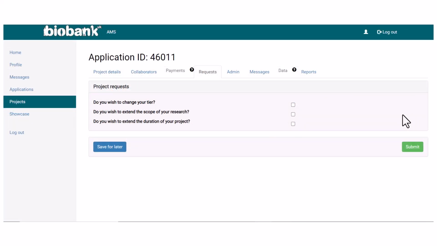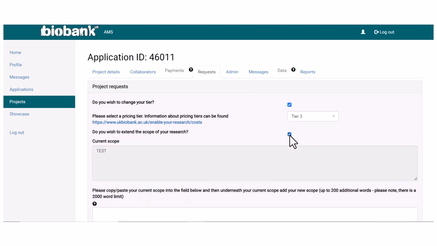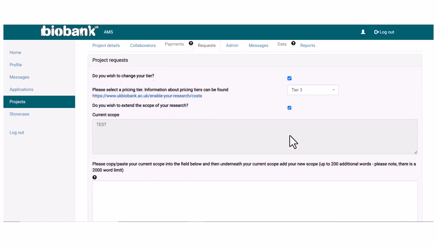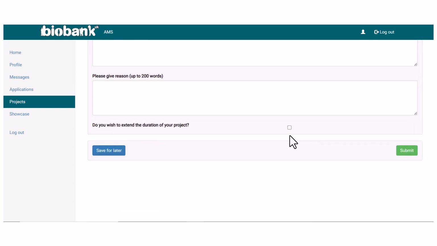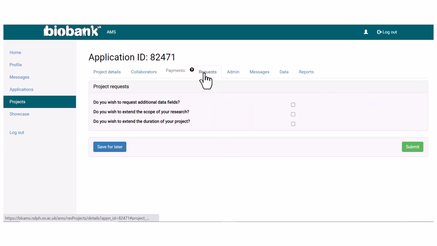Researchers are able to submit a request for any or all of these as part of the same request, which will be reviewed by the Access Management team. However, you can only submit one request at a time, so make sure each section includes everything that you want to change. If you wish to request additional data fields on your project, first you should click the Request tab